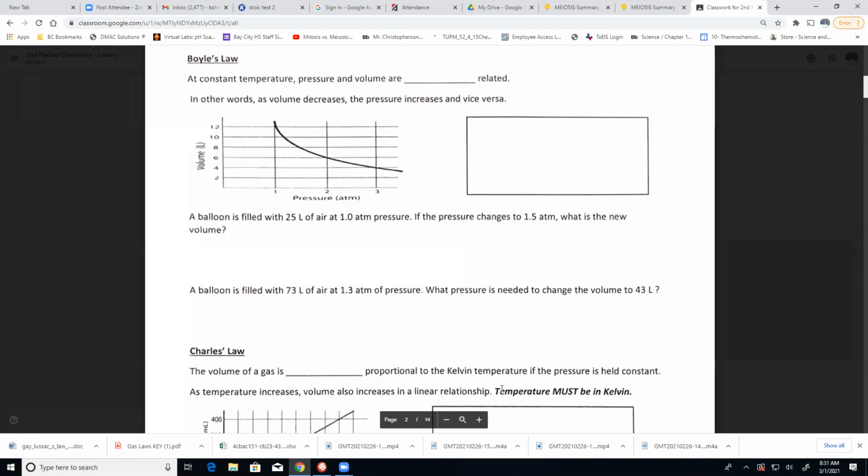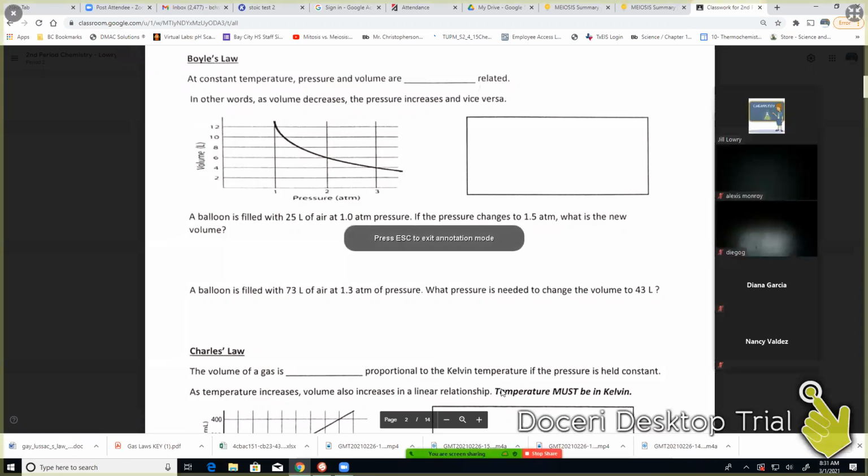So we talked about the reason that we can apply these gas laws to gases and not to solids and liquids is because the particles are far apart, so they can be manipulated more by things like pressure and temperature as compared to either a solid or a liquid. So the first one that we're going to look at is Boyle's law. And this is if we keep the temperature constant. So if we keep something constant, that means it's not part of the equation. And if we do that, pressure and volume are indirectly related,